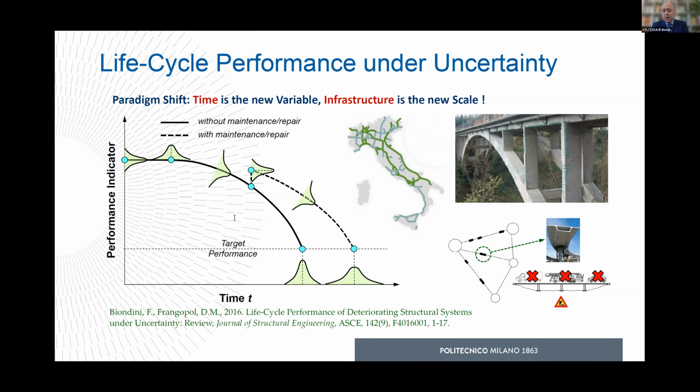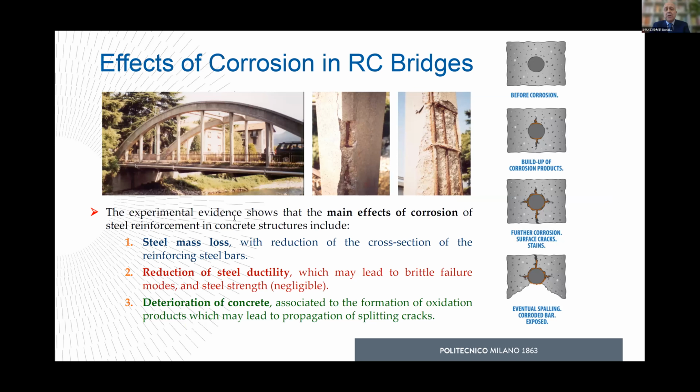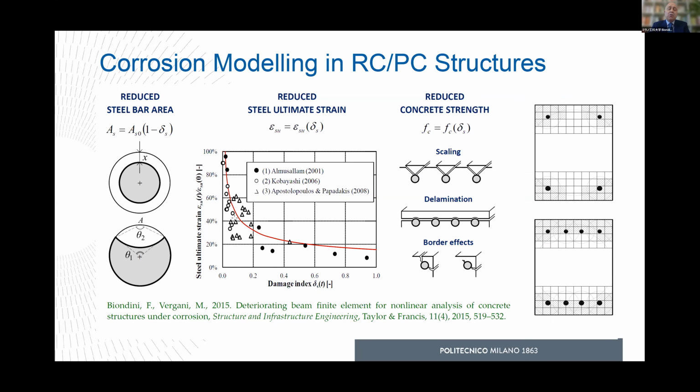Just to make an example, if you consider the effect of corrosion in reinforced concrete bridges, we need to take into account the steel mass loss of reinforcing steel bars, the reduction of steel ductility, and also the effect in terms of concrete degradation because of the splitting cracks that arise because of the formation of oxidation products and the consequent possible spalling of concrete cover. All these types of damage effects can be incorporated into the assessment framework. Here you have